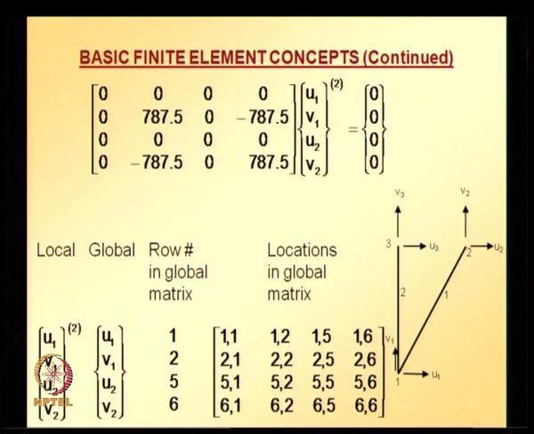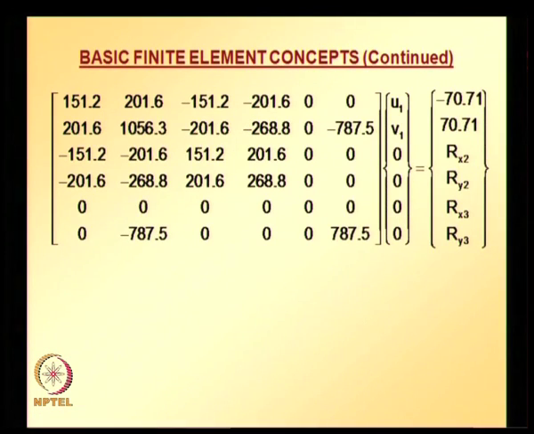That is, whatever value is at location 1 in the local elemental equation for element 2, the contribution goes into the global 1 location. Similarly, whatever value is there at the location 4 in the local stiffness matrix, it goes into the 6 location in the global equation system. So, based on this we can assemble the global equation system,